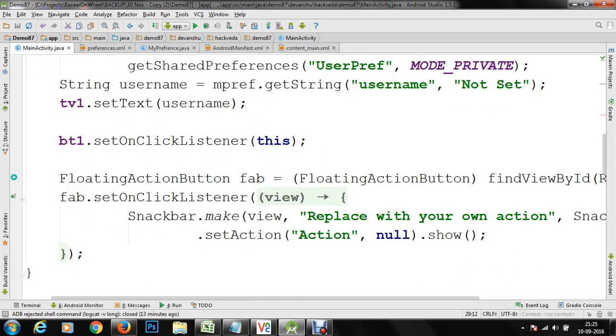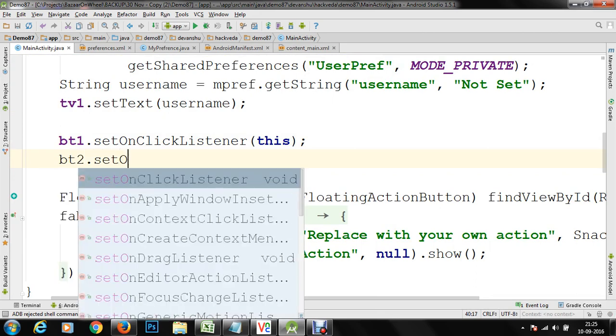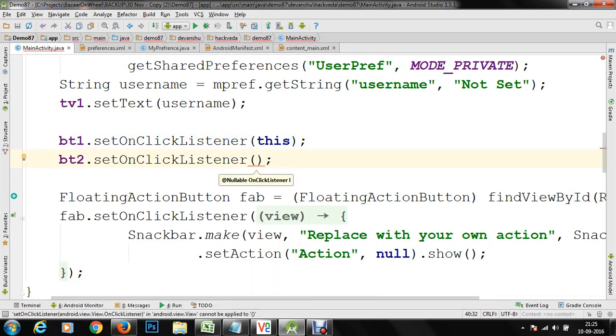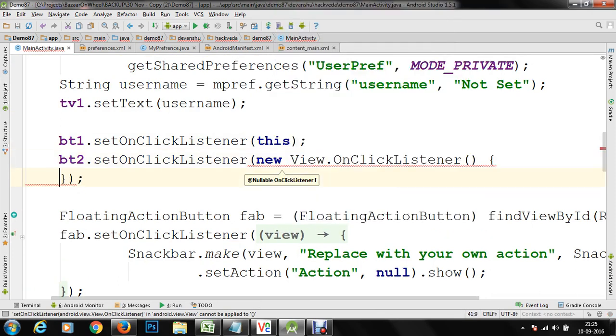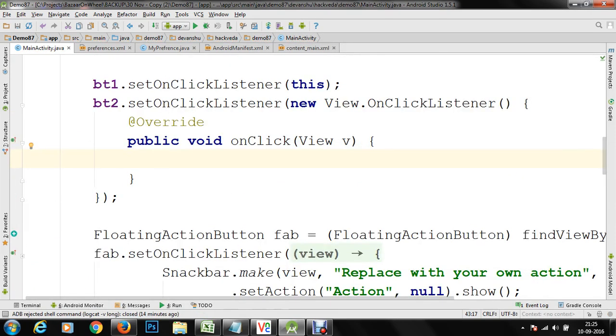On my button control, I'm going to set an on-click listener, bt2.setOnClickListener, and write an on-click method over here. Within this on-click method, as soon as somebody clicks on this, I'm going to create a new intent, and this will open my preference activity, PrefActivity.